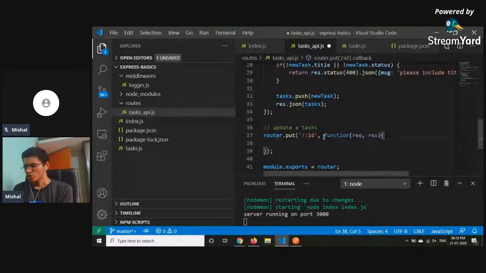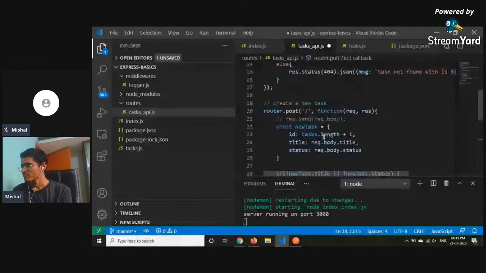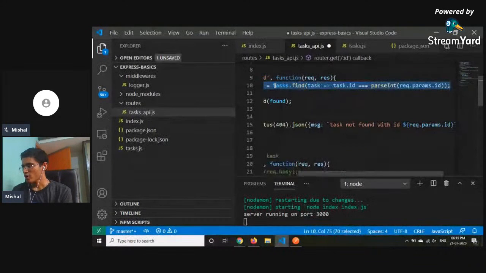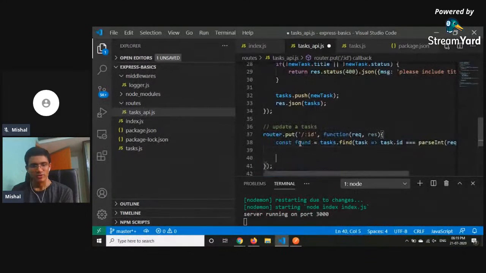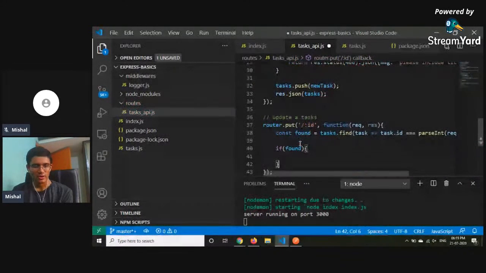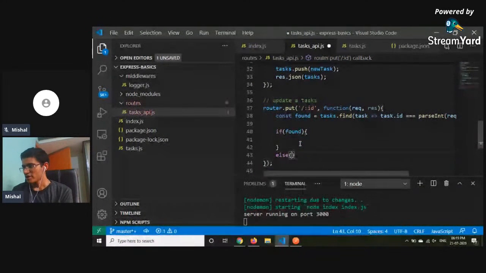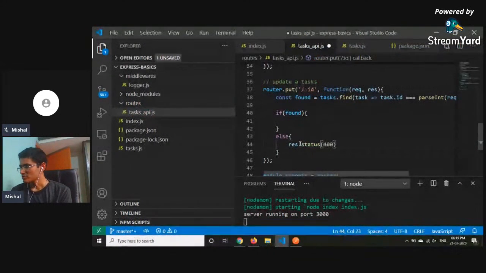So our first step should be to find out whether this particular ID exists in the array which we have. I'm just copying from the get: const found equals to. Only if it is found, then I'll do something and update it. Otherwise, I'll just send a response, res.status 400, just copying it from here,